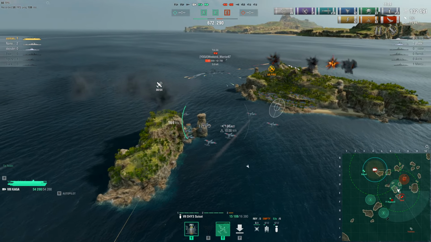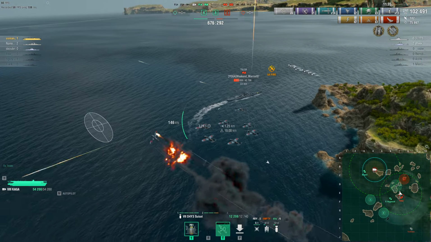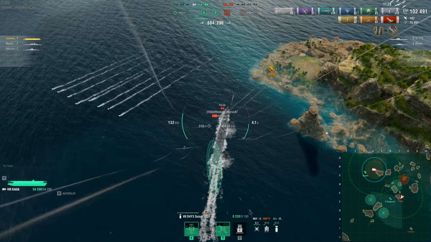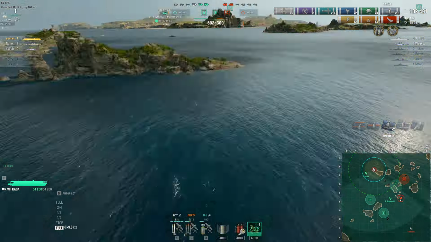Meanwhile, the enemy CV will just keep dropping my teammates, giving me enough time to kill him at the end. I'm going to go and drop the Tulsa here, since I do have some bombs to drop and some torpedo bombers to drop. And you can see here I got 2